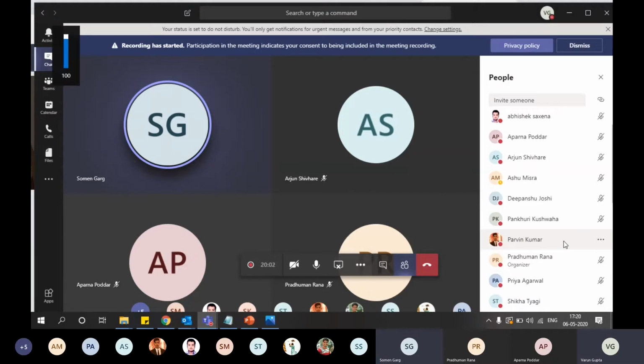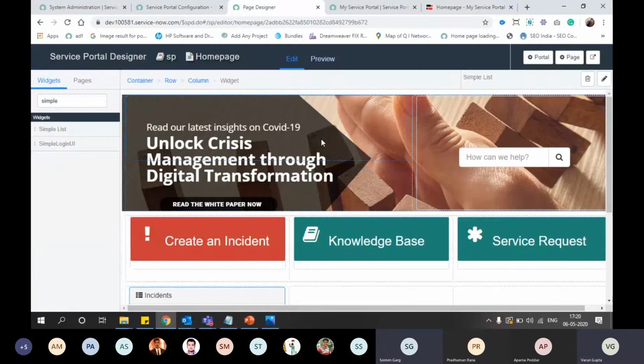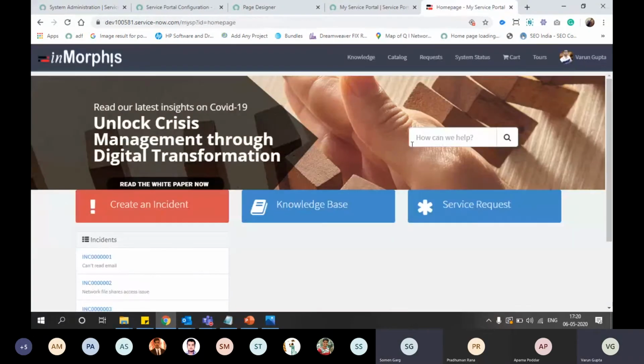Yeah, I'm good. So I have two questions. Can you go to the homepage of the portal? So one question is, how can I give spacing between this header image and these icon links? Right now they are just appearing right below the header image. You want to give some space between the icon links and the header. Yes.